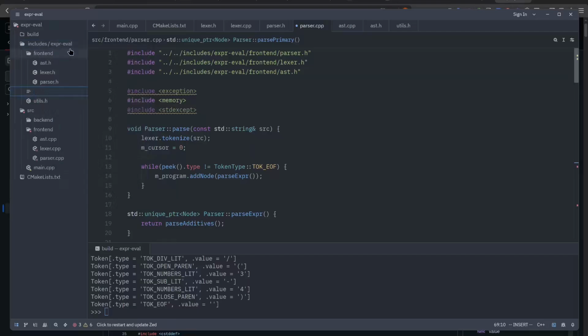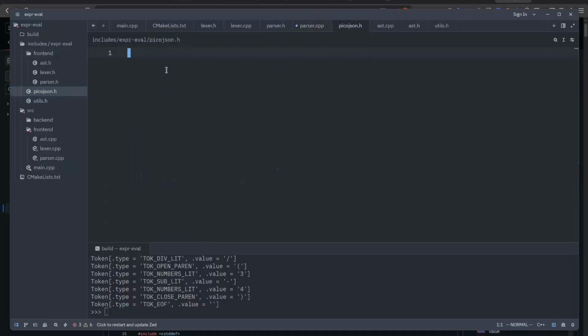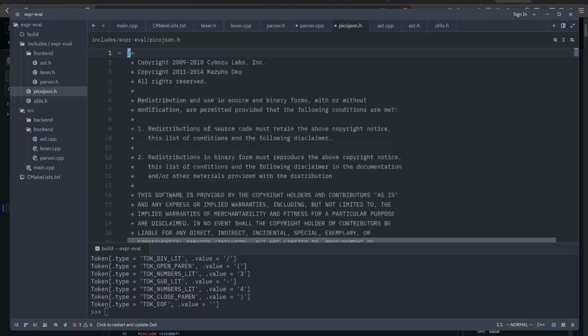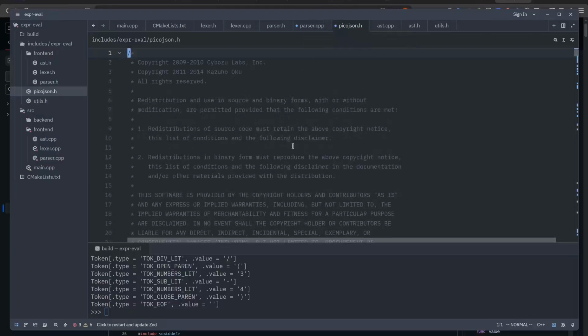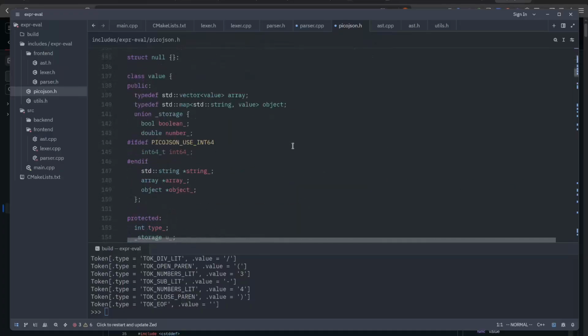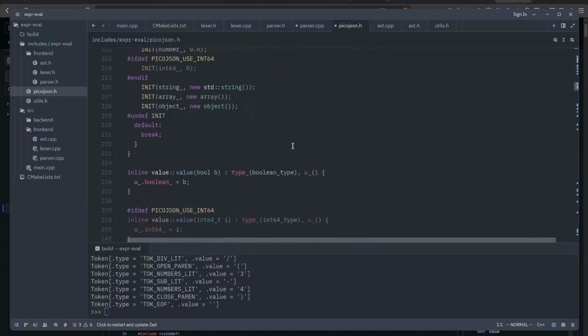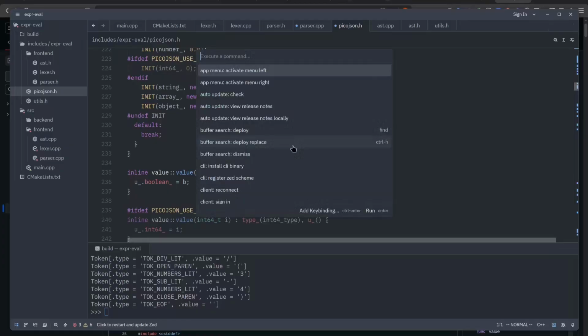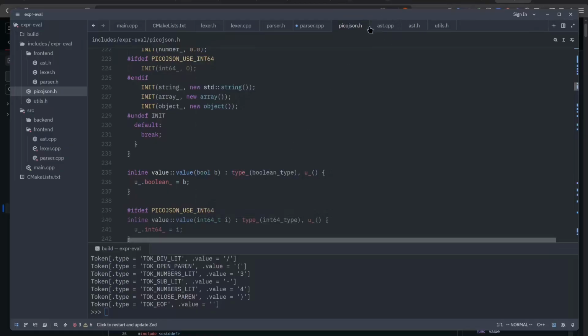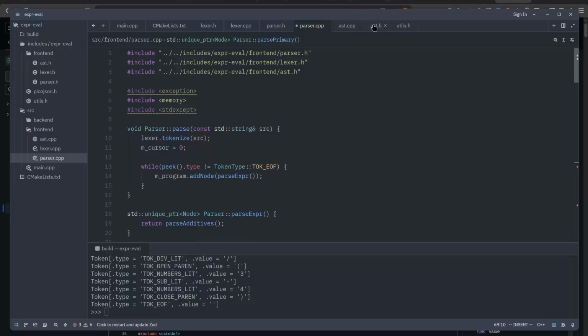Let me just call it pico.json as it is, and then I'll paste it as it is. So let me save it. Let me come back to my AST,